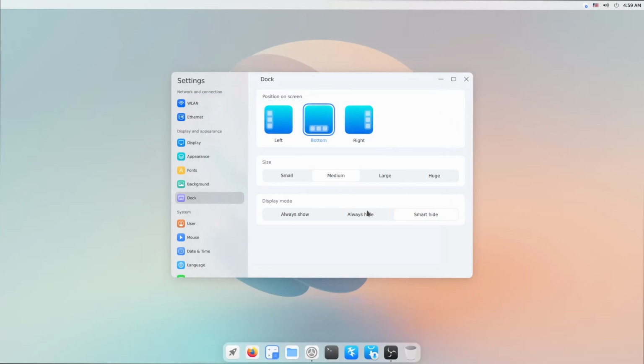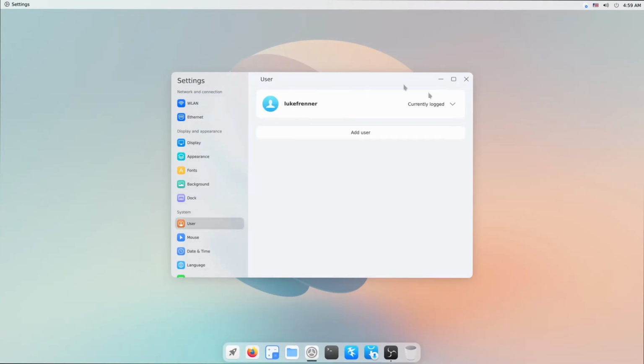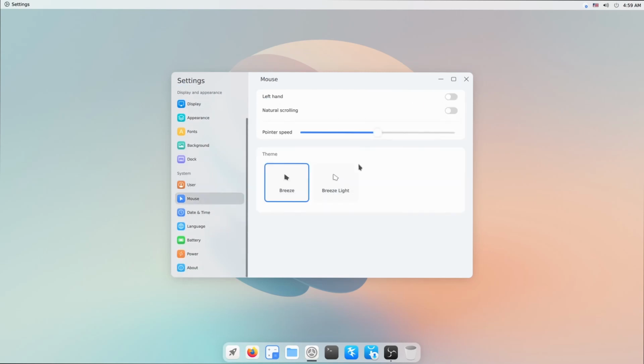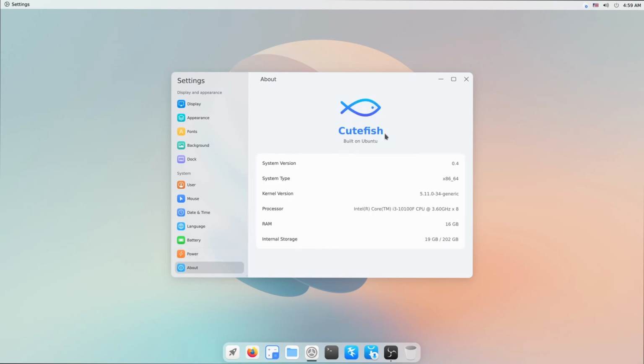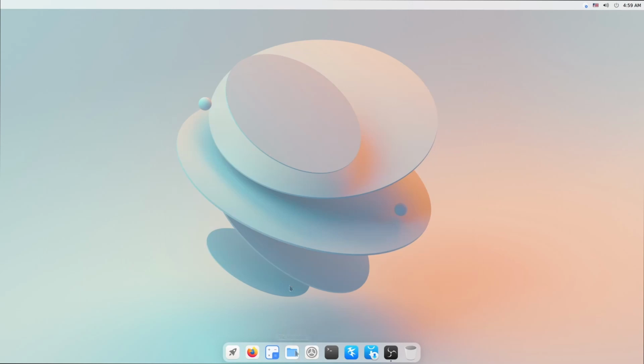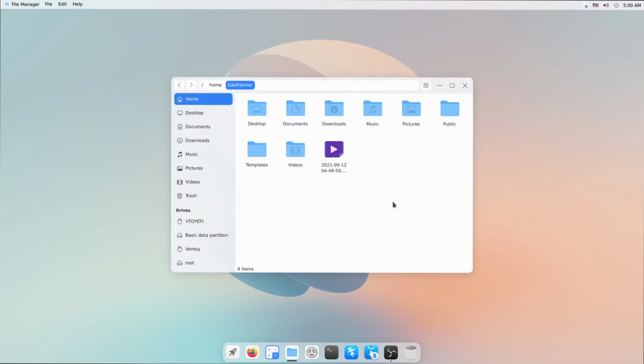That is probably the way that I would want to use it. User, we have our user. Mouse, our mouse is good. We have Breeze and Breeze Light, which are just the default KDE mouse cursors. Date, time. Everything else here is just pretty similar. So the settings manager is pretty normal, and the file manager right here is a special file manager developed for